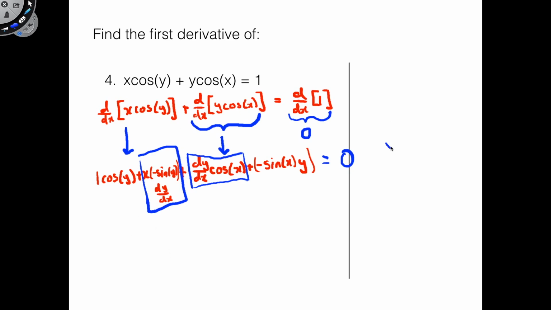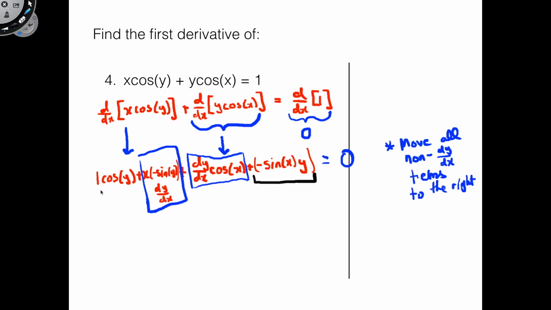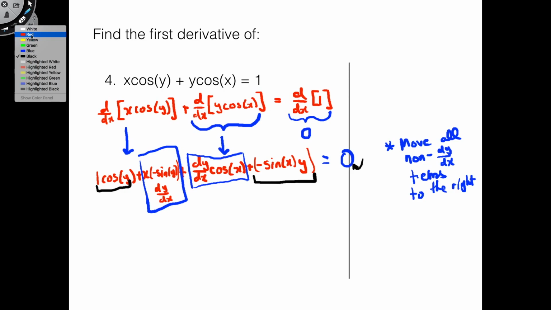Now the second thing we're going to do is move all non dy dx terms to the right. So basically we're going to take all these terms that don't have a dy dx in them, like this guy and this guy, and shift them to this side of the equation. What we're going to be left with after that is